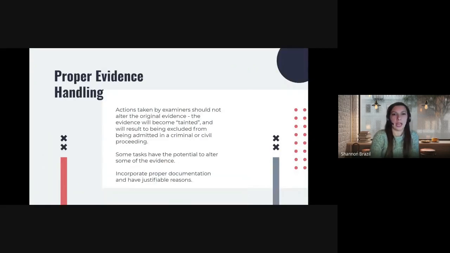And then proper evidence handling. Actions taken by examiners should not alter the original evidence. The evidence will become tainted and will result in being excluded from being admitted to a criminal or civil proceeding. Some tasks have the potential to alter some of the evidence, so we have to incorporate proper documentation and have justifiable reasons. One example would be mobile